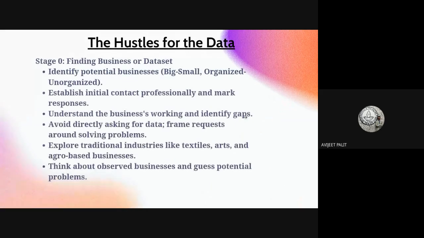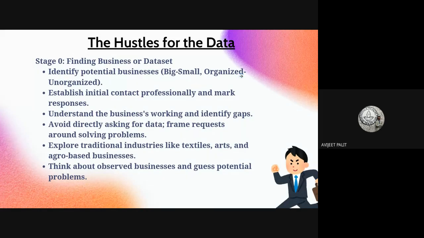Next, I'll quickly run through how this project actually works in a few stages, as I mentioned earlier, and thereafter I'll do the Q&A session. So first is finding the business or the data set. For the primary route, you have to find the business, and then gather the data from within the business. And if you are doing secondary, then you have to find the data set. So I'll cover the primary route first.